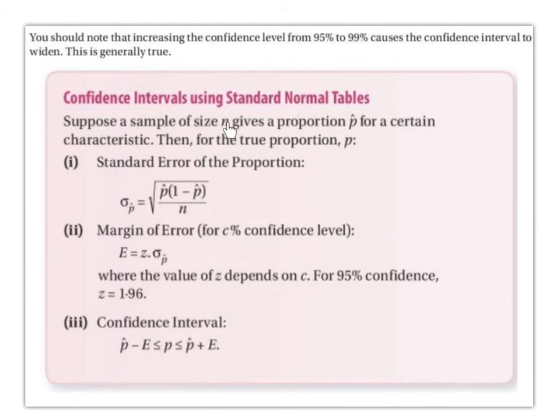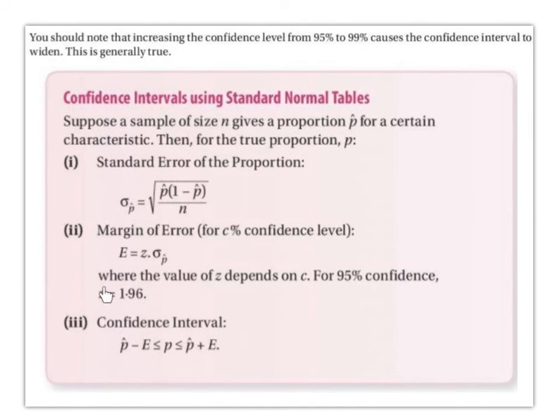So, confidence intervals using the standard normal tables. Suppose the sample size of n gives a proportion p hat for a certain characteristic. Then the true proportion p: step 1, we have the standard error of the proportion, which is the square root of p hat times 1 minus p hat, all over n. Step 2, the margin of error for C% confidence level will be the margin of error is equal to Z multiplied by the standard error of the proportion, where the value of Z depends on C,